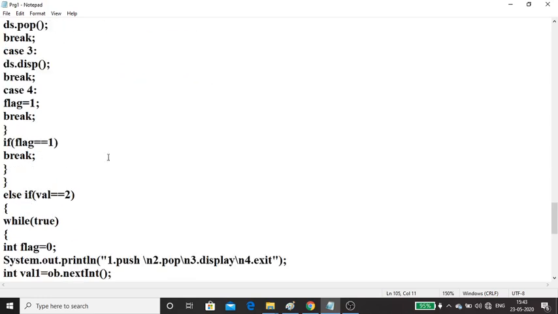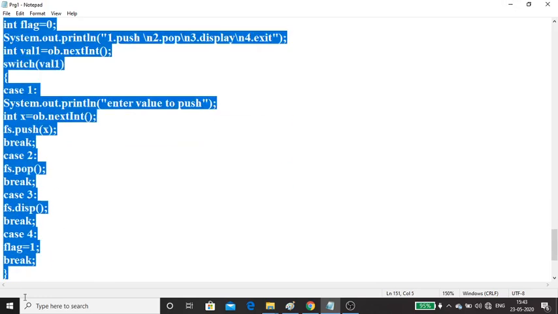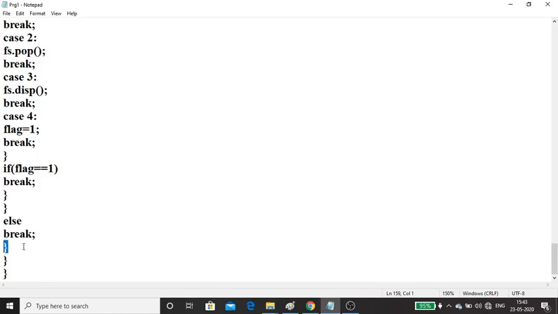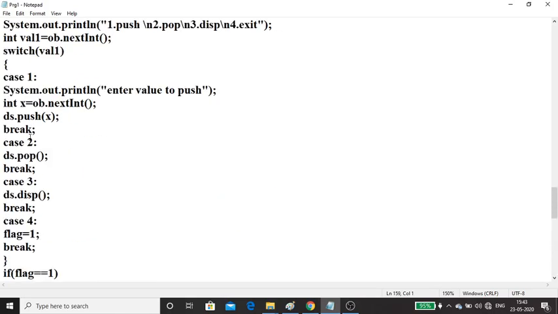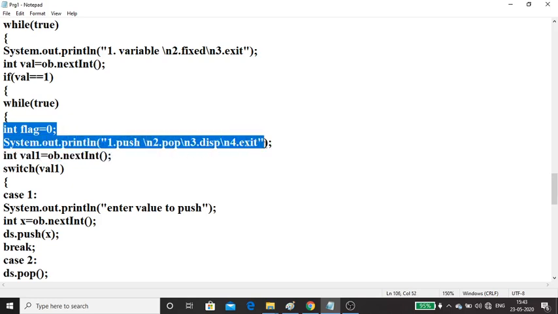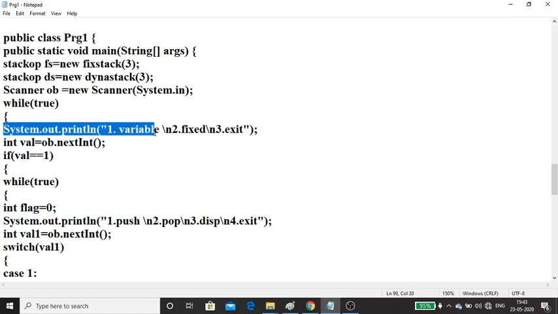Now once you come out of the loop, what will happen? It will come over here, this particular place. That's the end of your if statement. Since it has executed the if, it is not going to execute the else if as well as the else. So directly it will go to this particular closing bracket of the while loop. Since it's an infinite loop, it will continue from the beginning. Again it will come from the first line. So again, it will go to display this particular line.